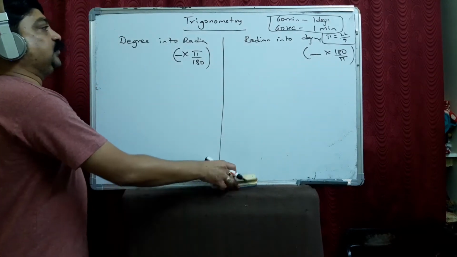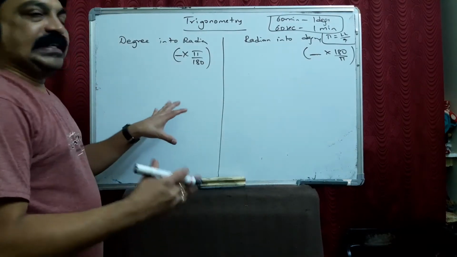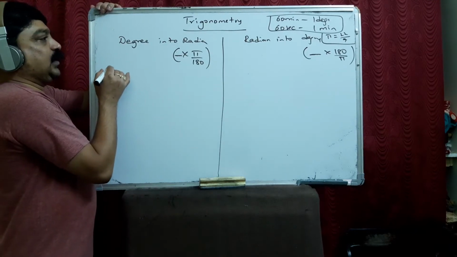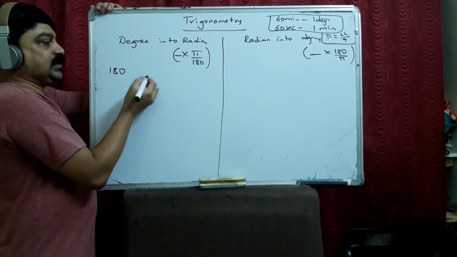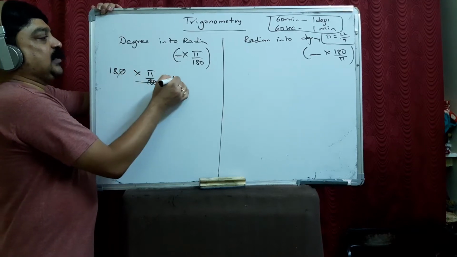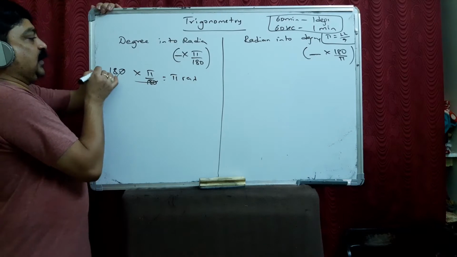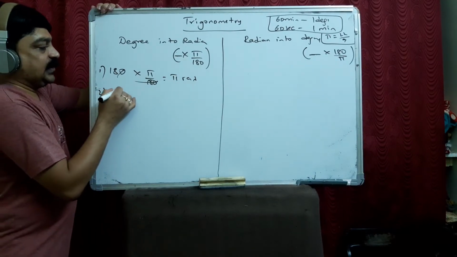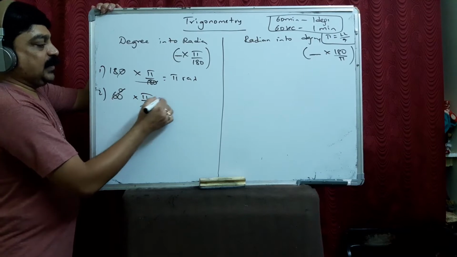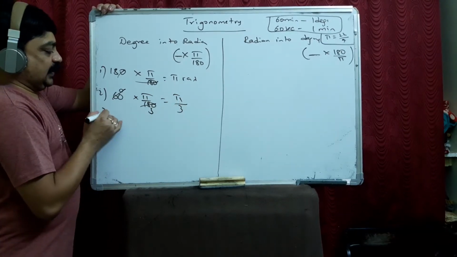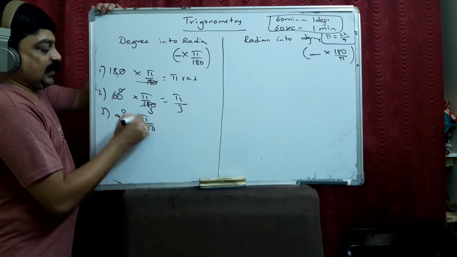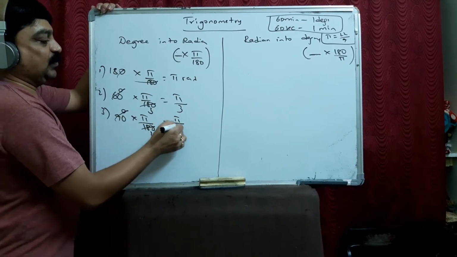Okay, now let me convert some easy ones so that we can start the exercise. Suppose 180 degrees, to convert into radians, I told you, into pi by 180. So it is pi radians. Second one, suppose 60 degrees into pi by 180, so it becomes pi by 3. 90 into pi by 180, it becomes pi by 2. In the same way,